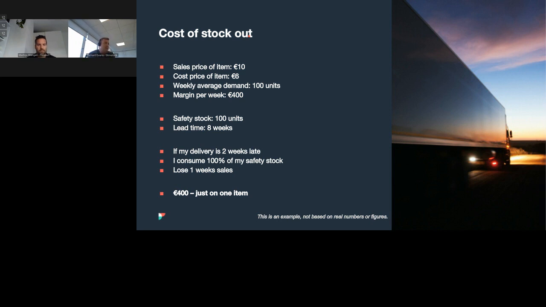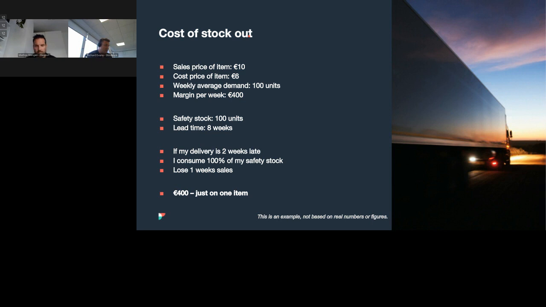We need accurate stock on hand, so we know what we've actually got. We need accurate sales orders, so we know what we expect to sell, or what we've committed to sell, should I say. But also, we need accurate inbound information, both in terms of the date and the quantities. And really, if I just take this last point, let me talk you through